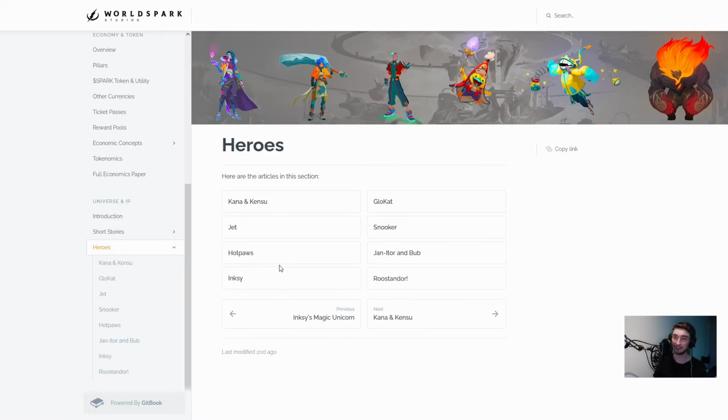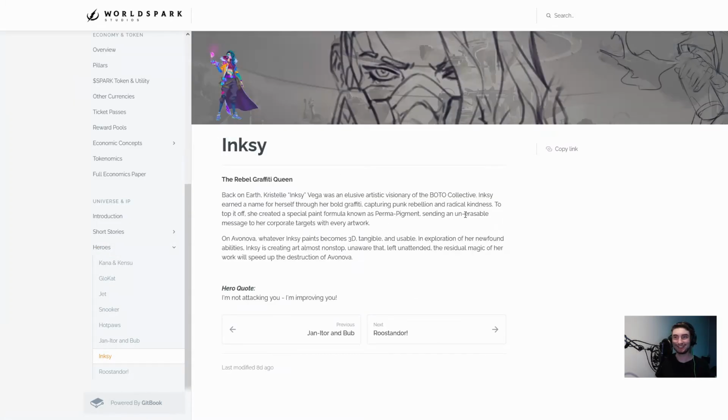Hot Buzz right here, Inksy, which kind of replaces Ink. I think it's getting a rework. We'll go check Inksy just after this. We have Glowcat, Snooker, which we see. I don't think we see Snooker. This is Roost. Janitor and Bub. I don't know. But Janitor is coming back also like Inksy, with more changes than Jet, I do believe, and Roostander. Let's just go see Inksy to see a little bit of the changes that we are going to have,